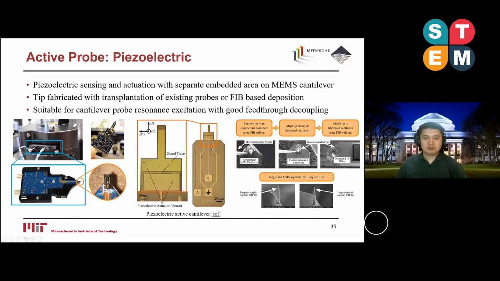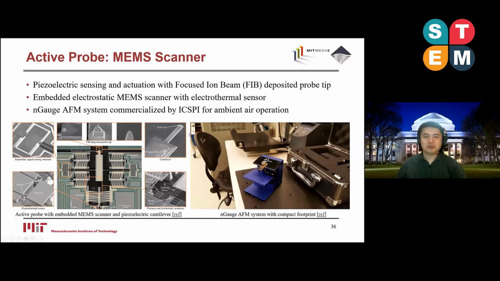Another probe based on piezoelectric material would be to nano-fabricate all the piezoelectric material onto this micro cantilever. This is more complex to fabricate, but offers the benefit of a different probe tip geometry, and also this probe is significantly softer than the tuning fork ones. In the end, people have this active probe for a MEMS scanner, which has already been commercialized with something called the N-gauge AFM. In addition to this cantilever being self-sensing and self-actuated,